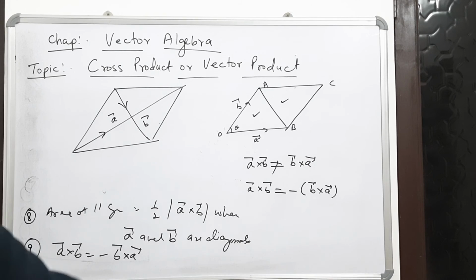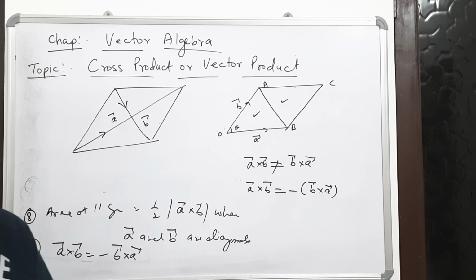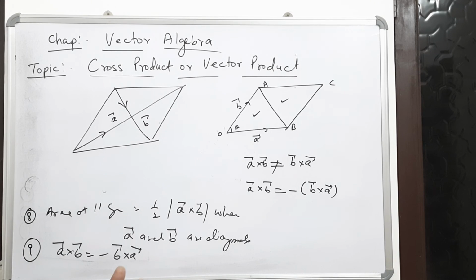So these properties must be clear from a mathematical point of view. From the physics point of view, it is a different aspect. But from the maths point of view, you must be very much aware of the properties of the cross product or vector product. And there must be a clear difference between the cross product and the dot product. We are learning basics here, and in physics you are reading about the application part of the cross product and dot product. So please revise this topic very nicely, and whatever small things I told you, please remember, keep this for your board examination.